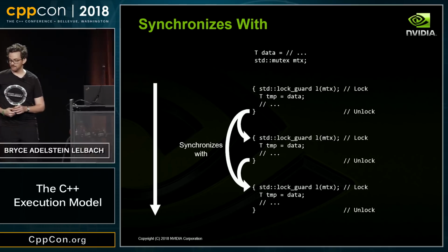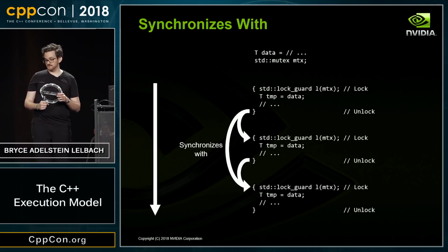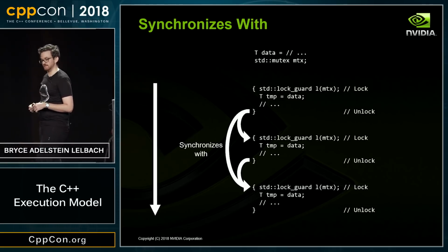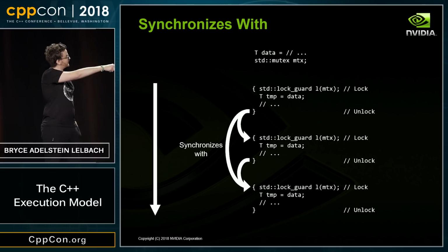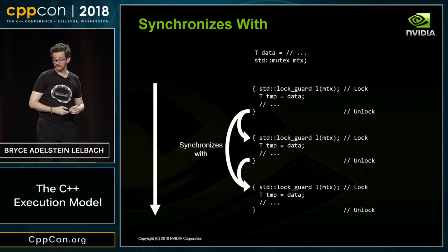Mutexes: unlock operations on mutexes synchronize with all subsequent lock operations on that mutex. This is a little bit different than the acquire release example where things are sort of paired. Some of the other synchronizes with relations are a little more complex than this. So what I mean is, I've got some lock guard here, and so I have an implicit unlock here, and this unlock will synchronize with all future lock operations. And ditto for this next one here, it'll synchronize with all the future ones. So it sort of fans out to all of the future lock operations that might happen.